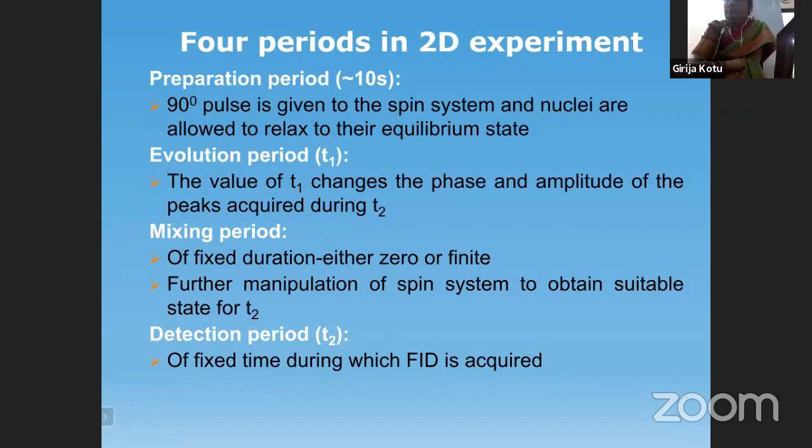That is a fixed time. Maybe you are going to do a larger number of experiments, but still the T2 remains the same. Only the T1 changes from experiment to experiment. In each evolution period, the signal is recorded and then kept aside. And finally, you are going to compile all the information obtained in the different experiments. The T1 you are going to add up, and then finally the information is given.